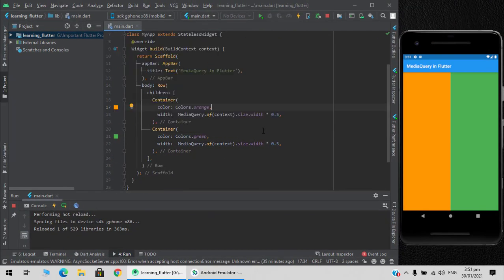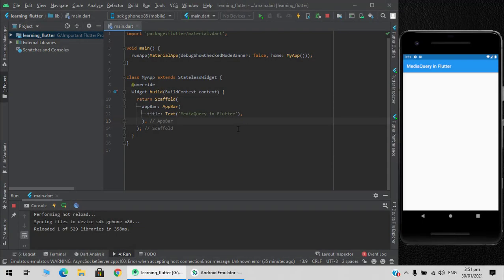So there are two properties in media query. Number one is the size and number two is the orientation. Let's check out the orientation example. I've completely removed the body. For the orientation, there's a great way to check whether your device is in portrait or landscape mode. So I will just check whether the device is in portrait mode or landscape mode.